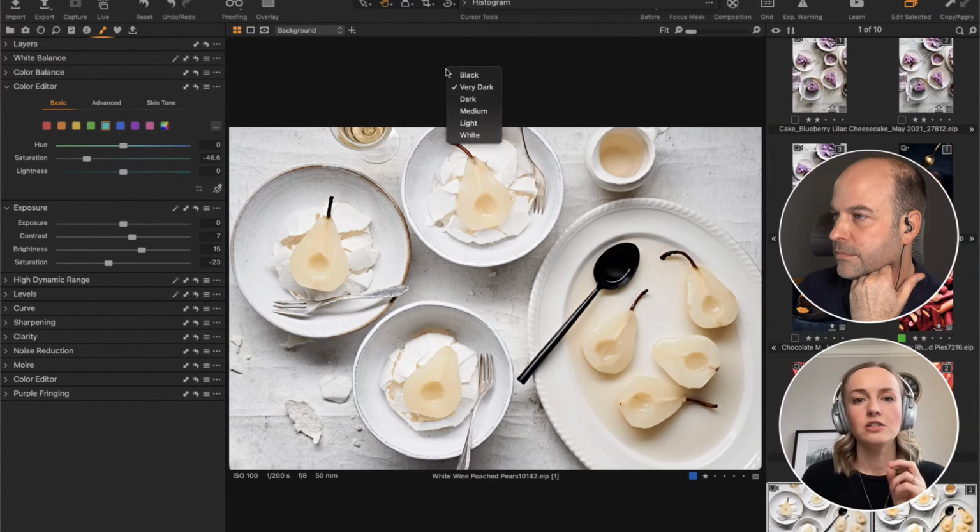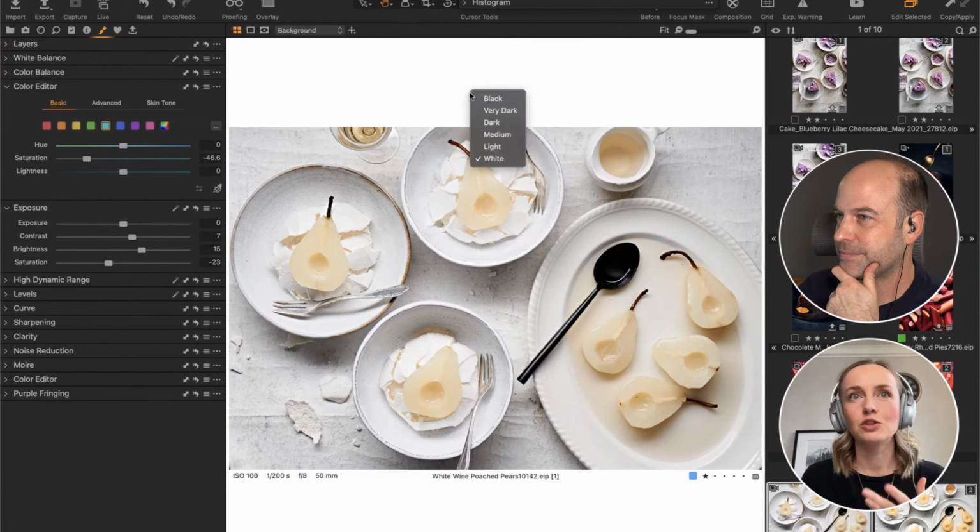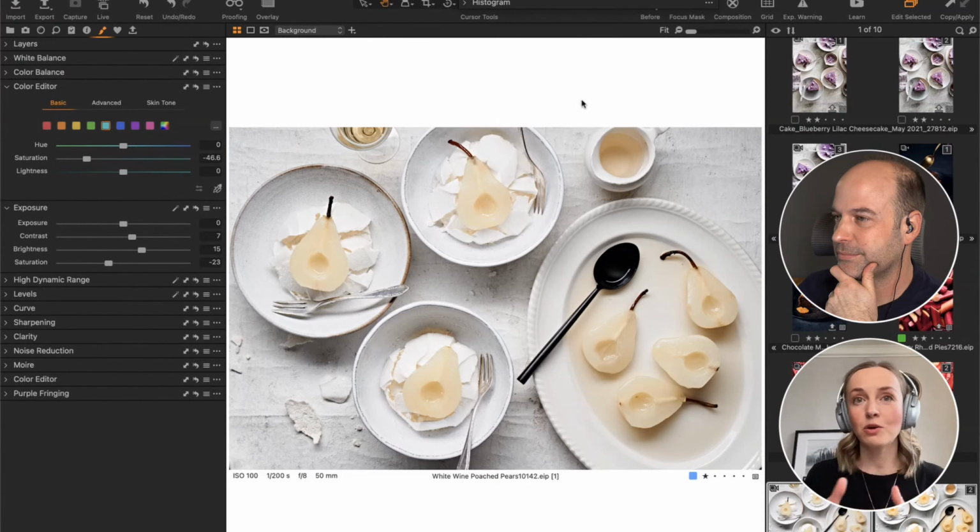The other thing to think about, and I'm glad you brought that up, is, if we jump into a white screen, how do our colors feel now? How do our whites feel now? Really simply, if you just right click, you've got the option to change the viewer. This is a perfect example where you would do that, and then we would reassess those colors